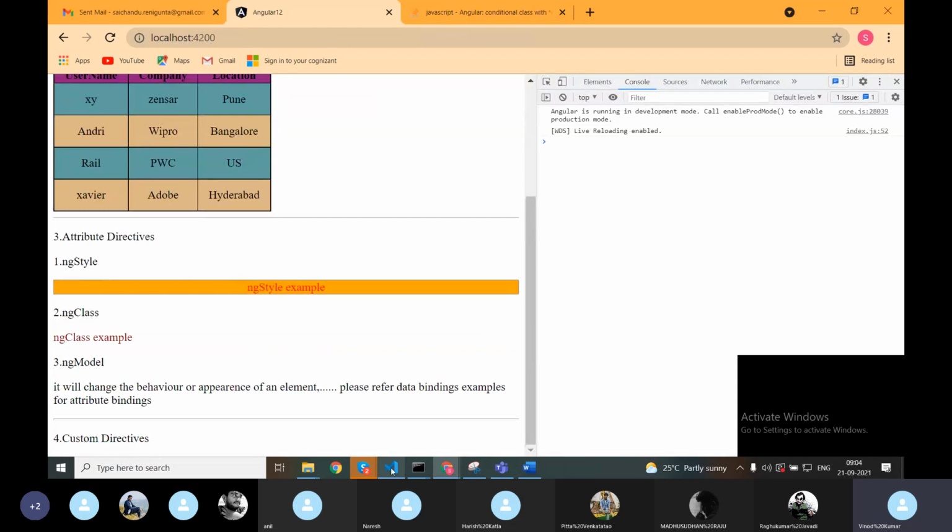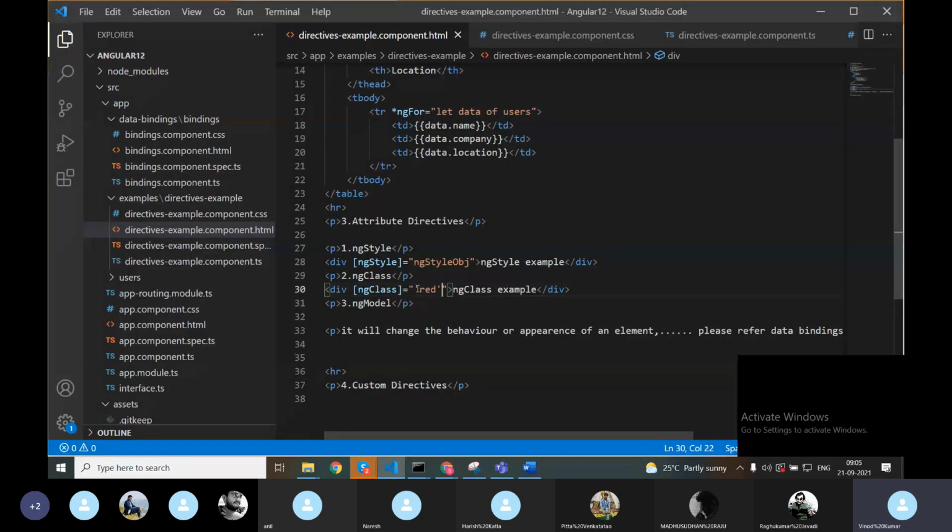So here I have missed to provide single quotes. If we are not providing this, it won't work. Even though we are providing these particular CSS classes, we need to provide single quotes for all. So here we are having ng class, and these are the single CSS classes I have provided,